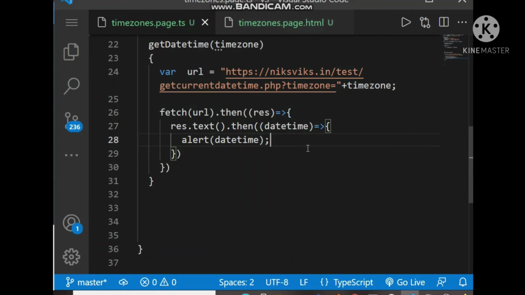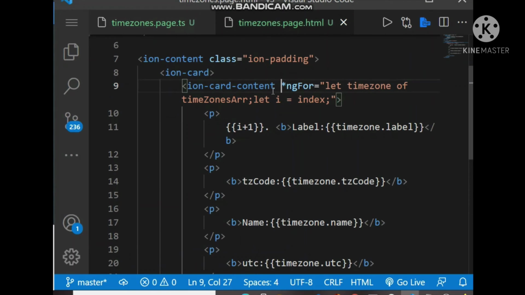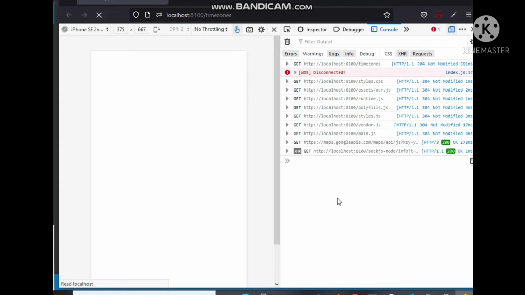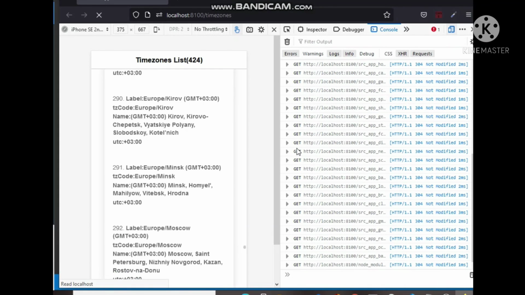So let's call this function from the HTML. So as you can see, on click the getTime function is called, and time zone.tz code is passed. This value is passed in the function, and hope it works. Let's check on the browser. So the page is loading.